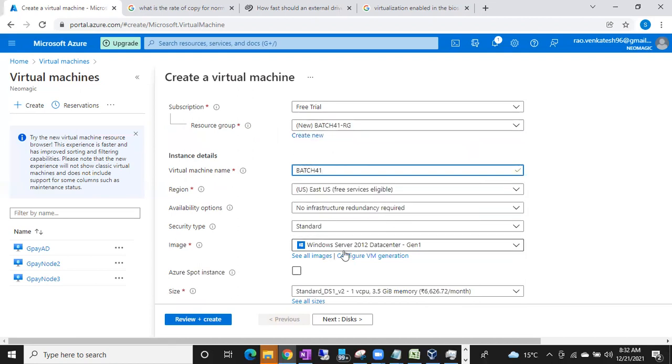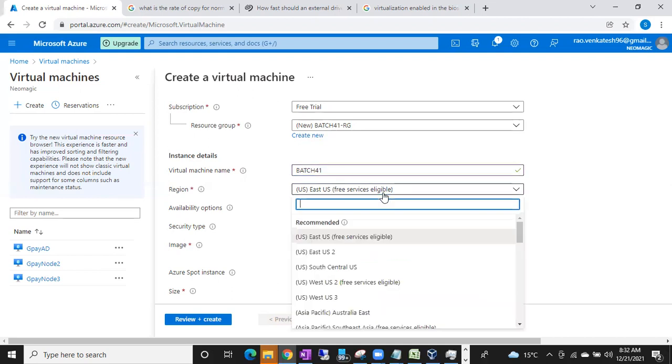And the location, I told you, right? Cloud means that on your behalf, Microsoft is going to maintain the data centers. We have a lot of data centers across the globe, and those are divided into regions.